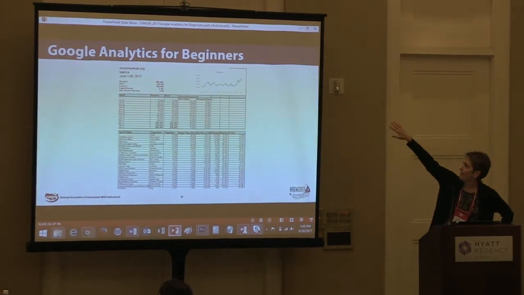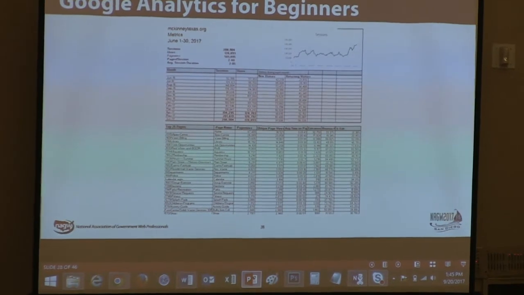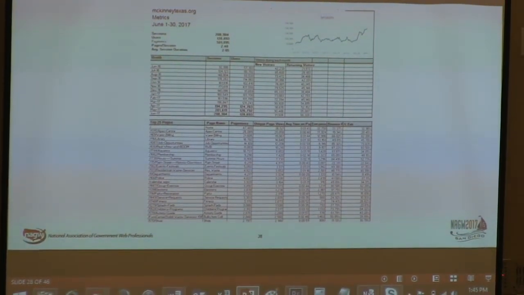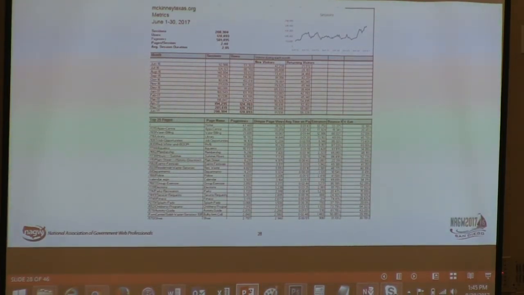And you notice it went way up, and I'll be talking about that in a minute. And then I do 1 year. So people can look at how their traffic has changed for 1 year. And then I do the top 25. And typically I'll highlight anything that seems to have changed drastically or is out of the usual. And I don't have any highlighting on there, but I report all this. And it's not laborious to do. I pull that CSV file and copy and just paste it right in there. And then I have to do a little juggling around in Excel, but it's not a big deal.